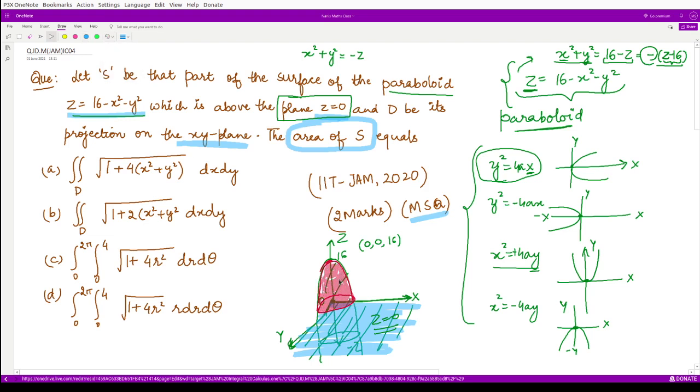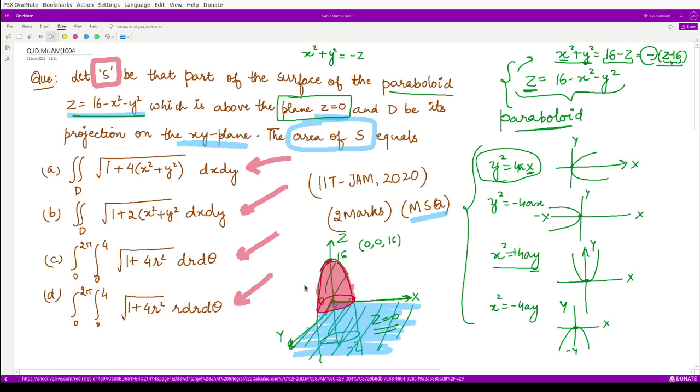So this is the portion that is the required surface. Now you could consider this to be a hollow ball which is placed on this xy plane, facing towards the xy plane, right? So we are to calculate the area S of this particular surface S. So this is the structure. Now let us see out of these four which one represents the area of the surface.